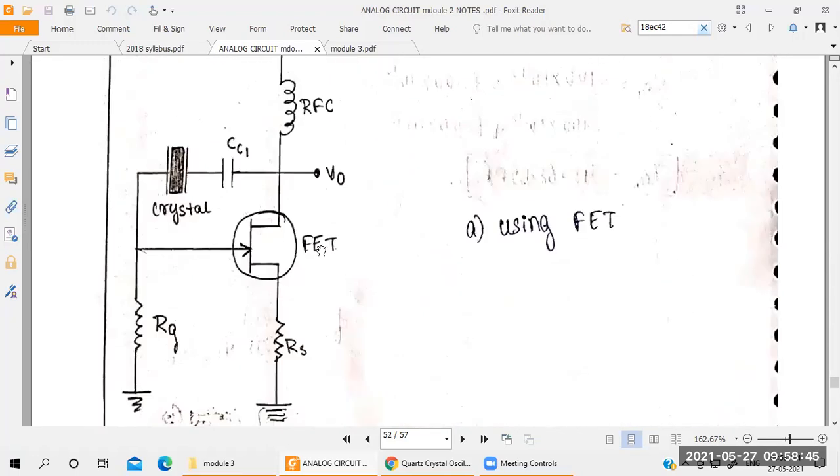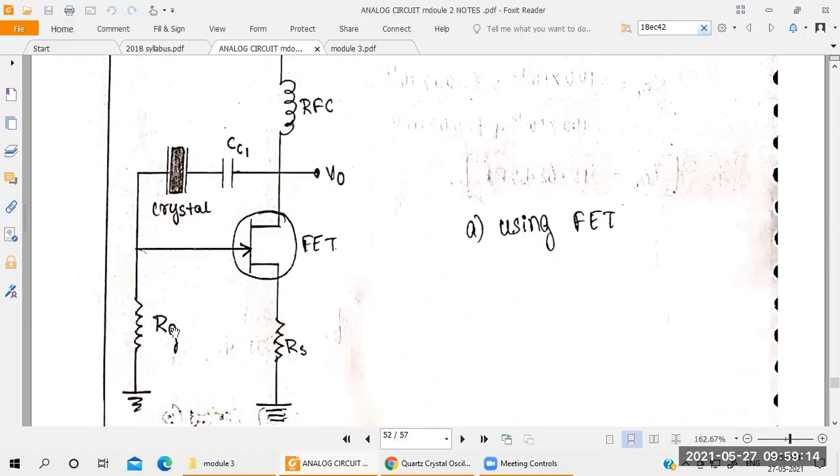Okay, same thing they're done. See here, when you come for the FET, the crystal is connected between where to where here? Gate and drain. Okay, this was the feedback element. From the feedback, we can generate the 180-degree phase shift. From the amplifier, we can make 180-degree phase shift. Total how much you got here? 360-degree phase shift. And 0-degree phase shift means you'll get a complete AC waveform.